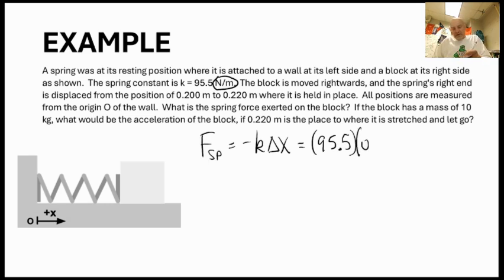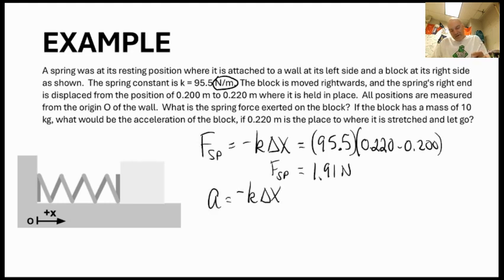Okay, and then we just do our delta X. Note that we're not stretching from 0, so we have to account for that. Right, so 0.220 minus 0.200. Plug it into our calculator, and we find that the force is 1.91 newtons. Okay, so that is the first question. What is the spring force exerted on the block? Now, the second part says, what is the acceleration of the block if we let it go at 0.220? Okay, so